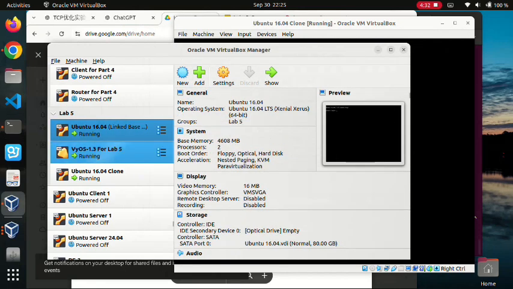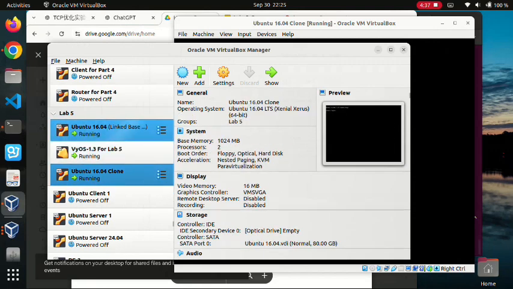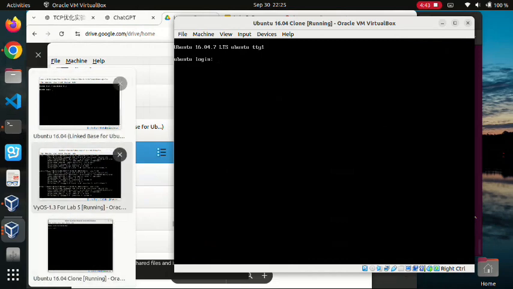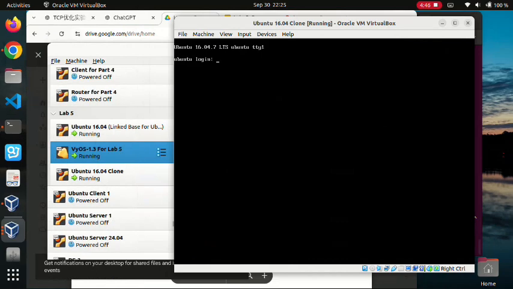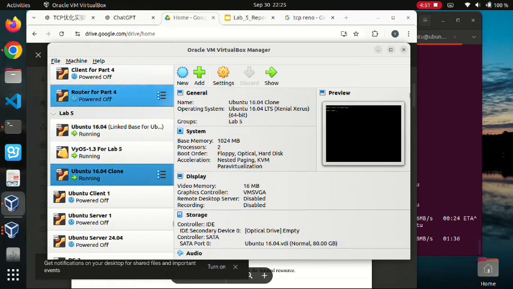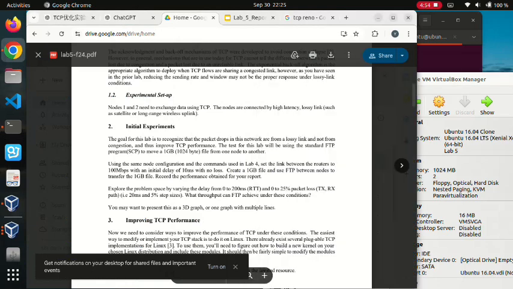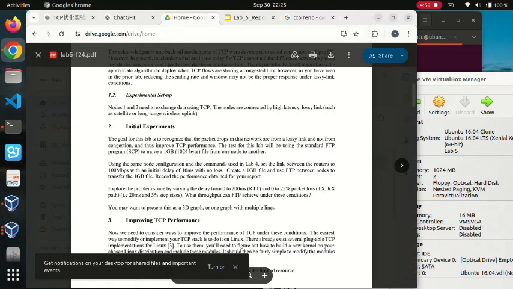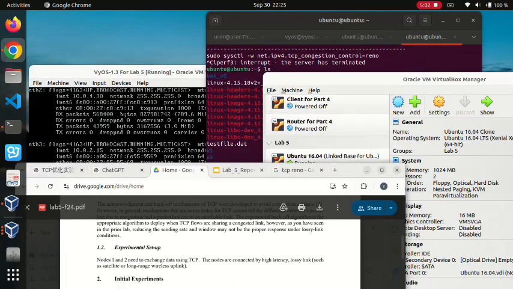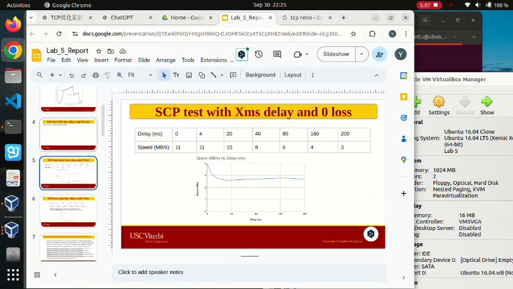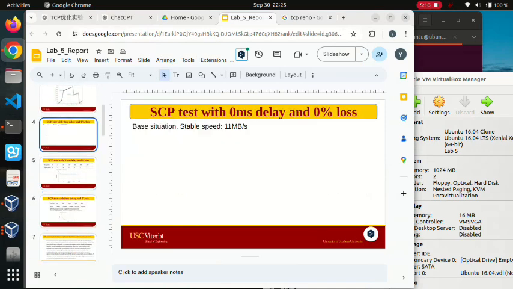Then I have already started these 3 virtual machines, and we can see they're here. I will use these 3 virtual machines to test the outcome. Firstly, I have already used SCP to test the base information. Let's see, it's here. For the base situation,